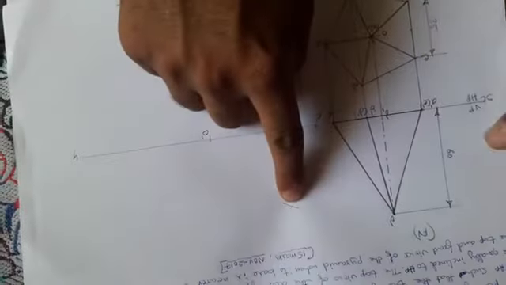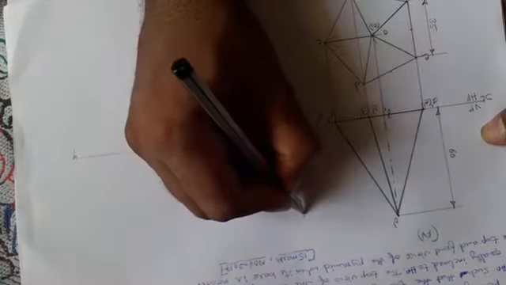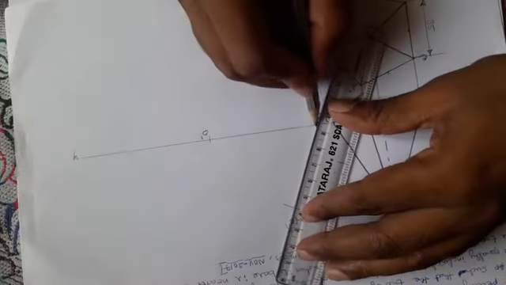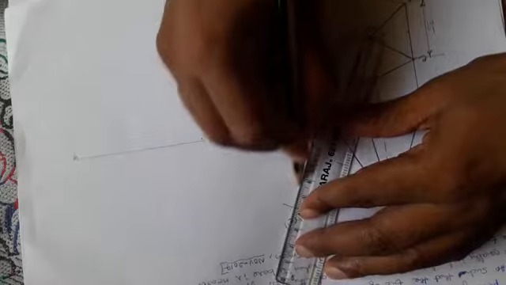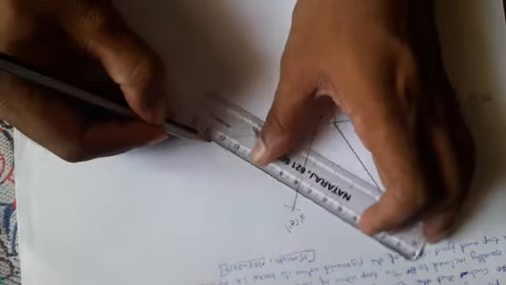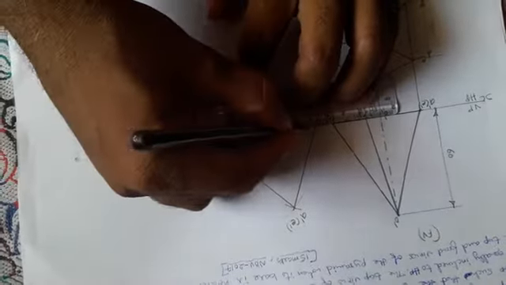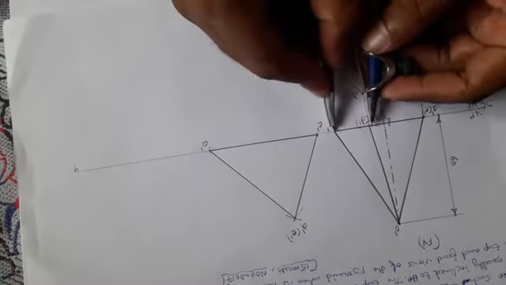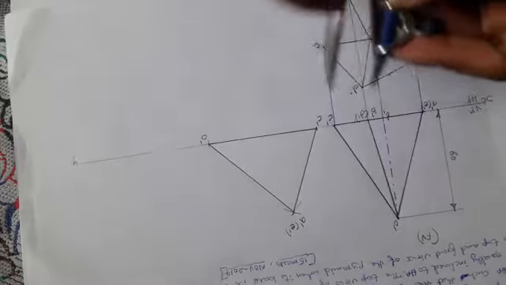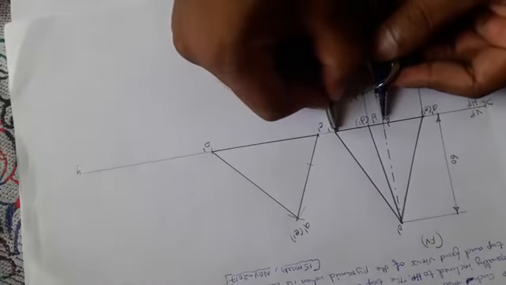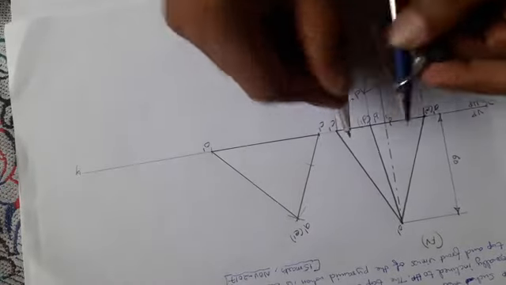So this is the exact point of A dash in bracket A dash, right. So by joining from this point to this point, and similarly here to here, okay. So I am going to take the distance of C to B. So this is the C to B. Similarly C to O, this is the center axis,